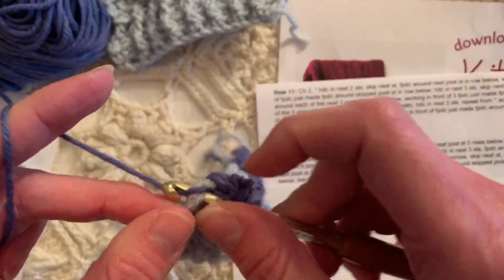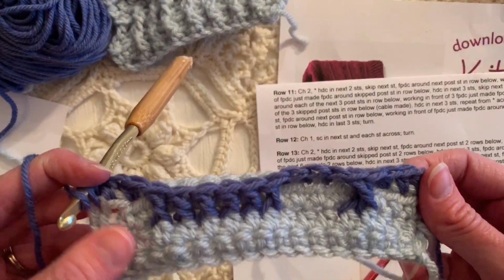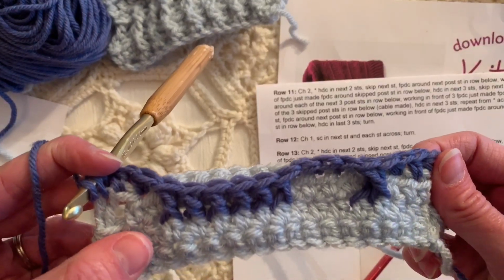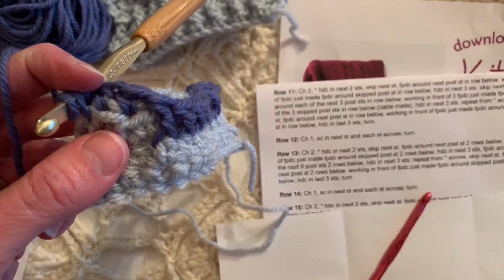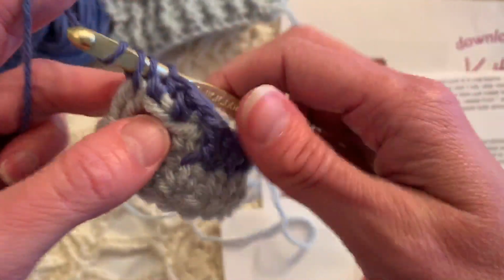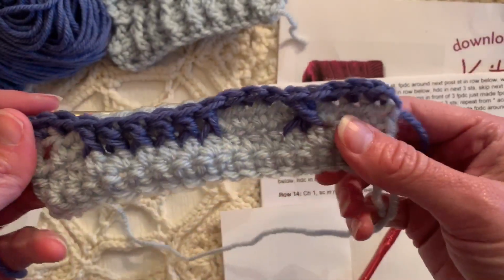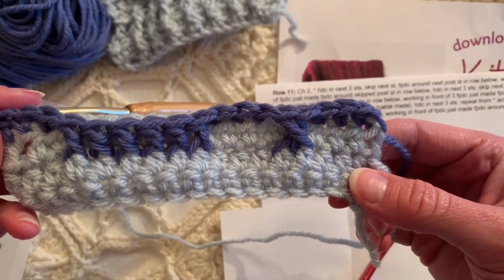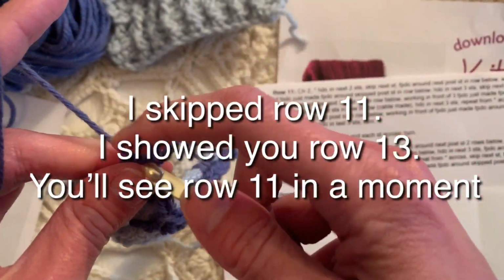And because I am demonstrating this pattern, I would like to change color. I think I'm going to change color on the next one so you can see the cabling the best. So the next row, it's going to tell us to finish this stitch. Finish the stitch first, Ellen, before we tell us what's next. That's the first row of the cable. Then I'm going to chain 1 and turn,